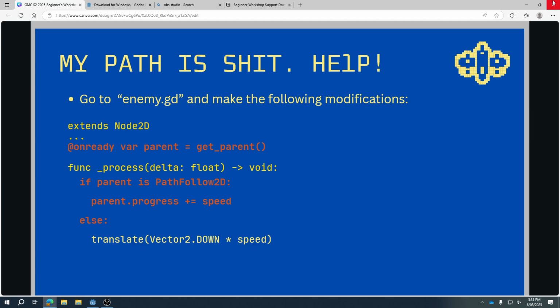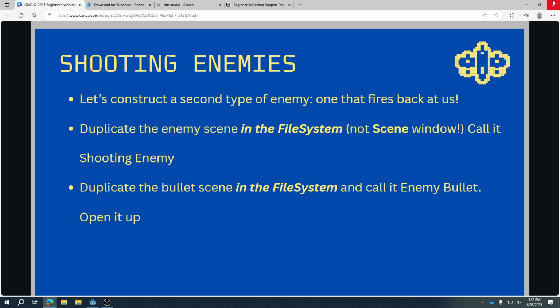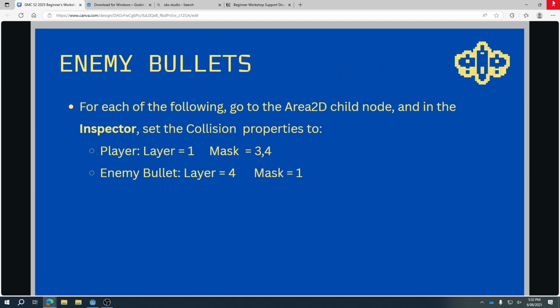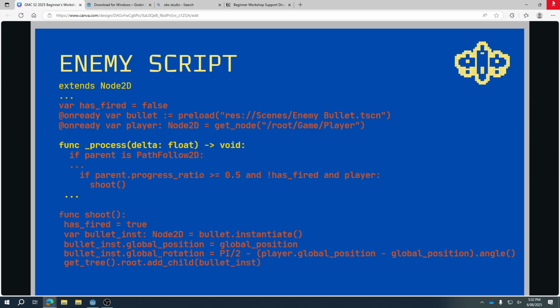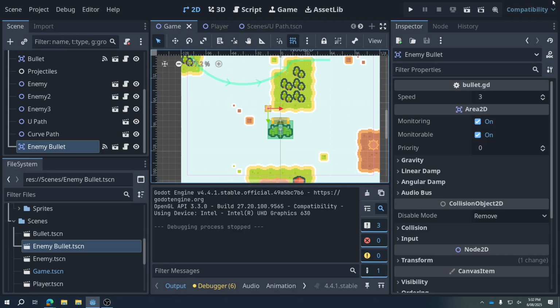Okay, anyway, now we're going to continue on and make our enemy fire back at our player. So we create the enemy bullets, we set the collision layers. Now we're going to do a decent chunk of coding, so just be prepared. I'm going to go into the enemy.gd script. So down here,